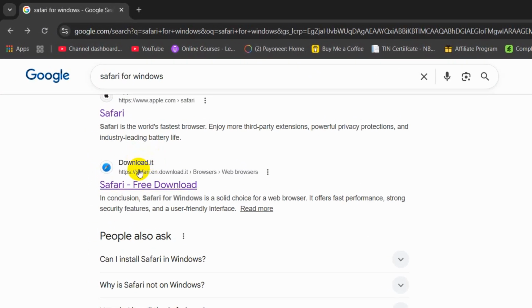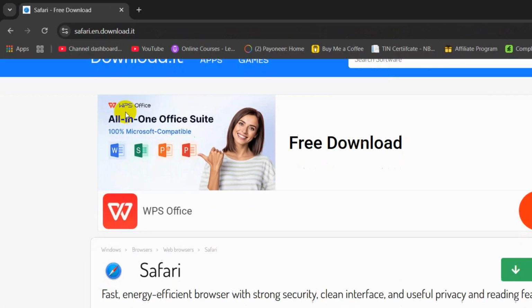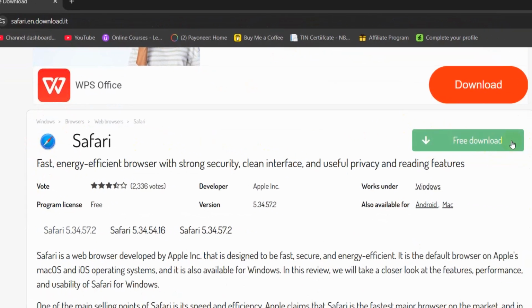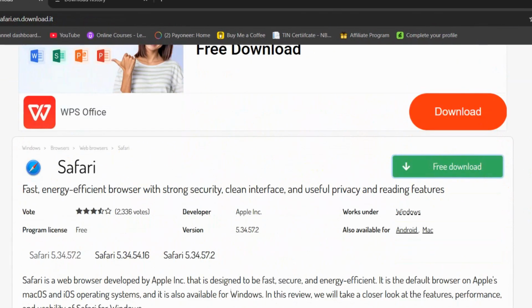Here you can see download.it. Here you can see safari.en.download.it. So you need to find this link and then you need to click here. Once you click here, you can see Safari and on the right side a free download option. So you need to click here